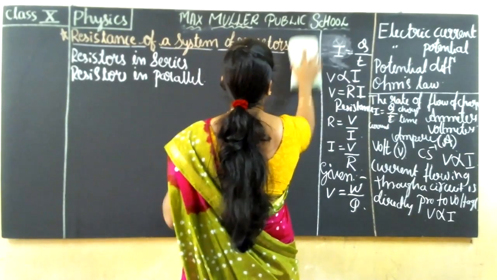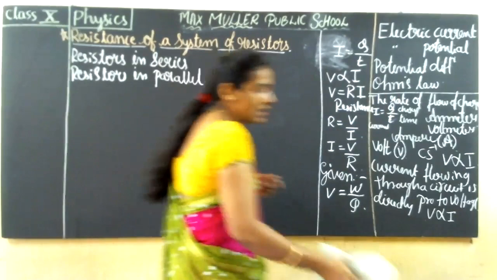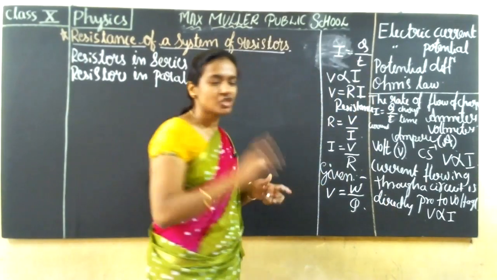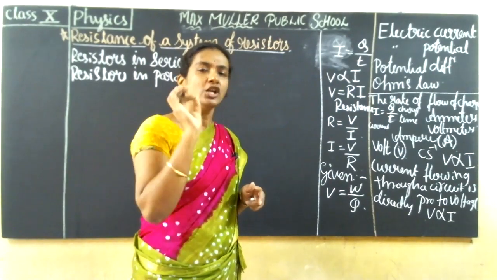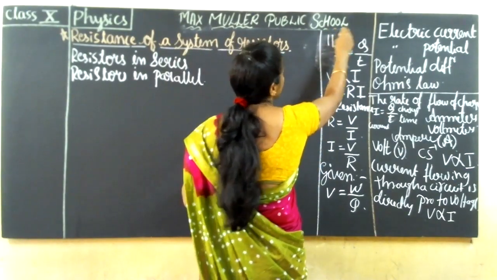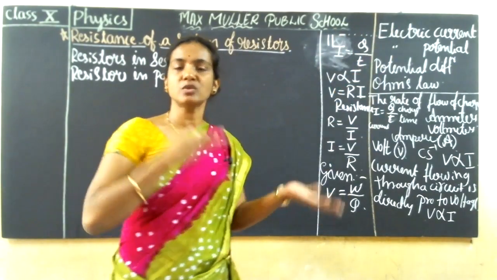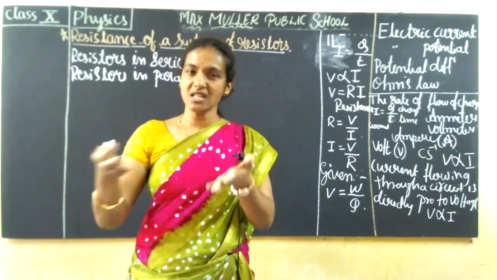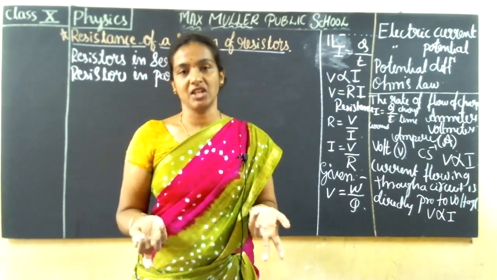This is very easy. I can say this is pretty simple compared to other concepts. You just focus on the board and try to understand the concept. You know what is series, you know what is parallel. If it comes like this, this is parallel. If it is going one after the other, that is series. Resistors you are connecting one after the other, that is series. Resistors you are connecting one below the other, that is parallel connection.